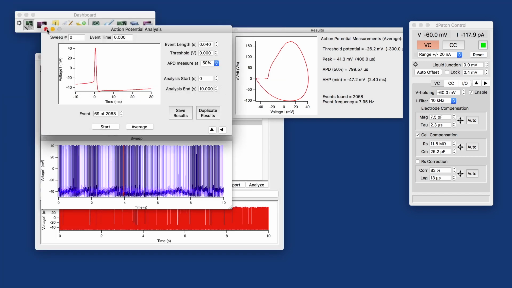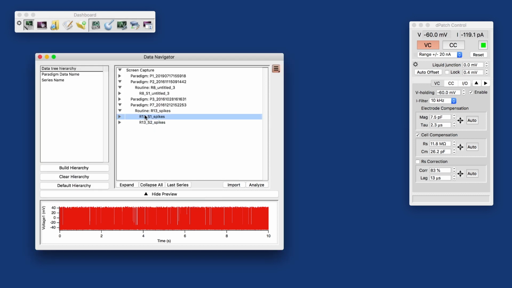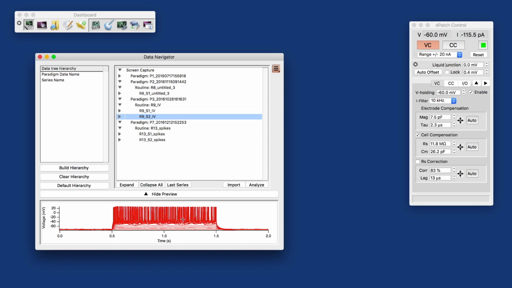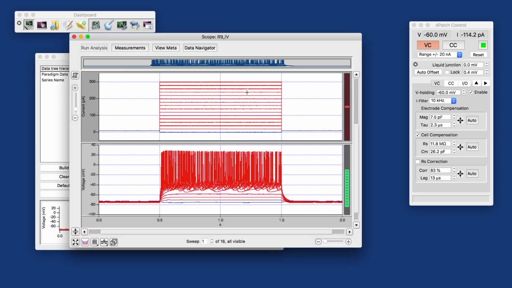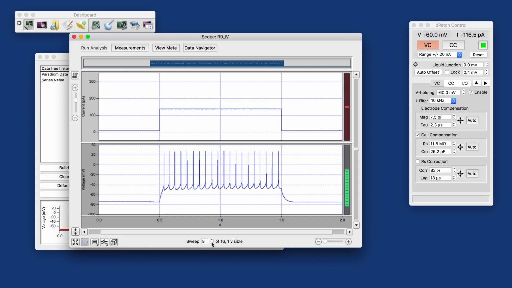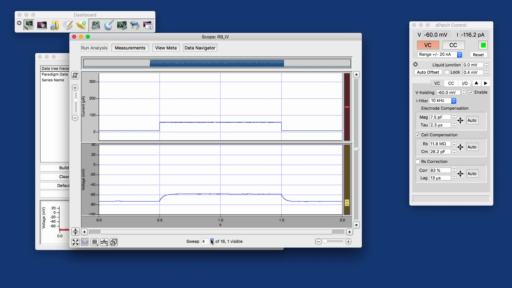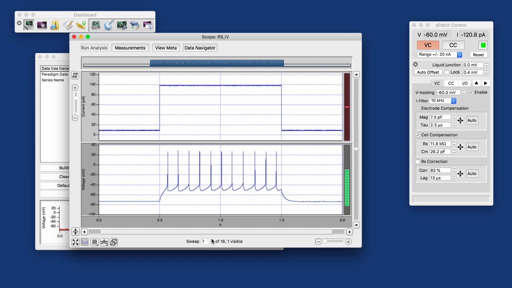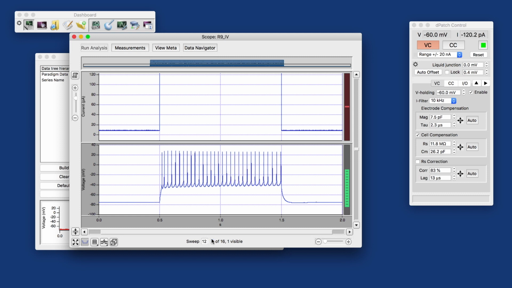And if we do the same thing with not the spontaneous action potentials, but elicited action potentials, these action potentials were elicited, let me analyze that real quick, by current steps, by depolarizing current steps. I'll disable the persistence display here, which shows only individual sweeps. At the 80 picoamp level, we start getting action potentials, and then at higher currents, the frequency increases,